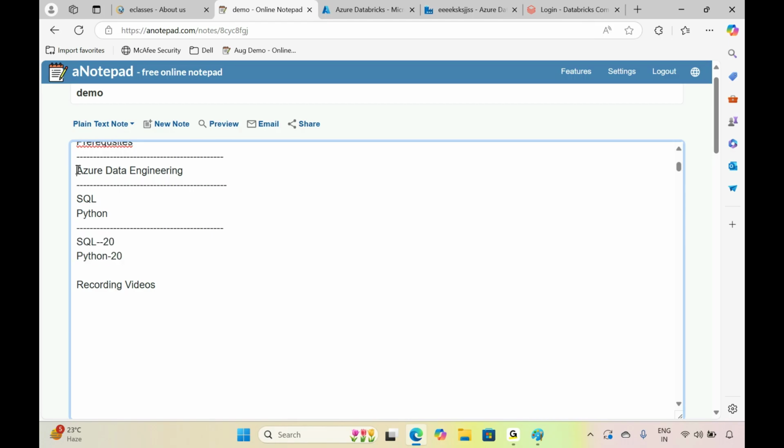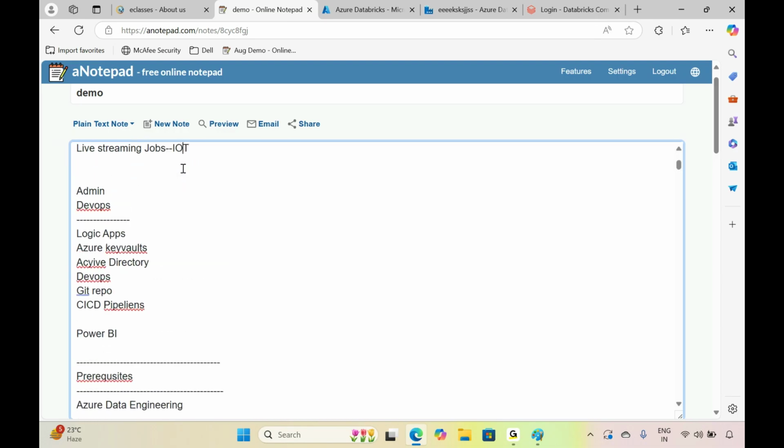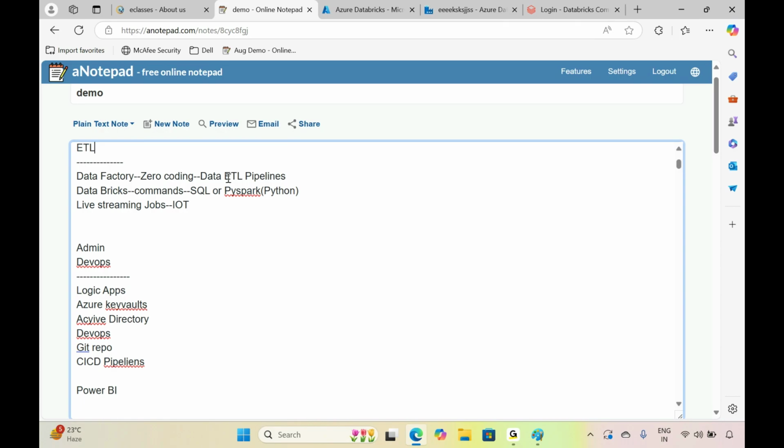Anyhow, inside this Azure Data Engineering course, as a part of Databricks, I'm going to cover some basic Python to advanced PySpark. This is a coding language on top of Python. I'm going to cover it inside this training.